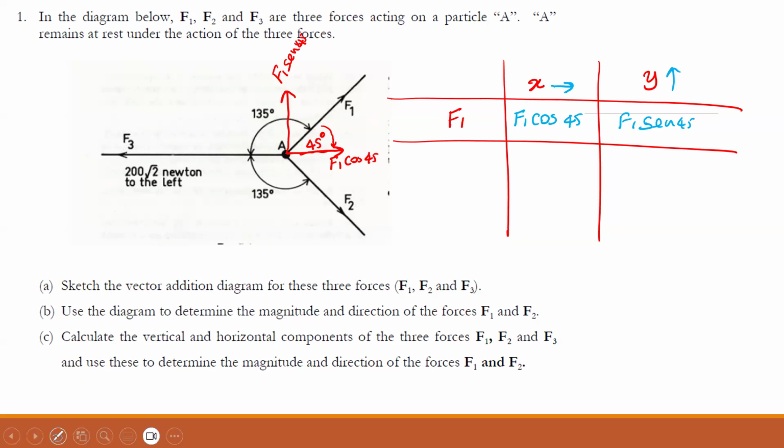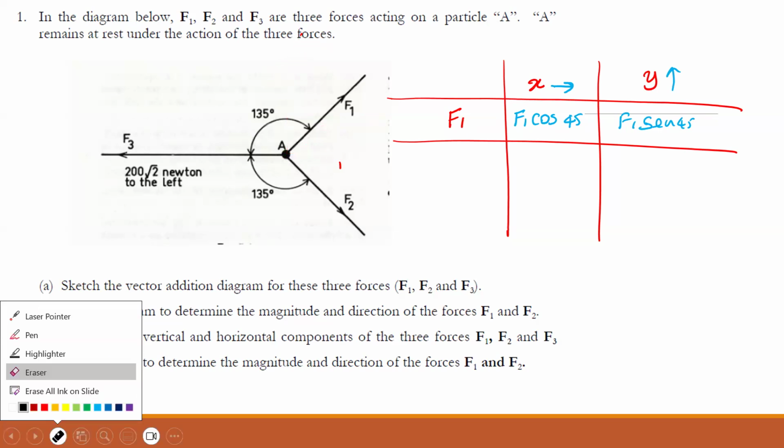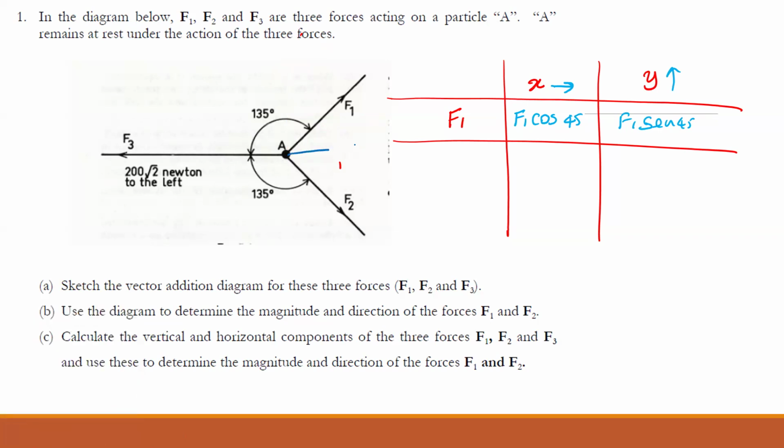So then we'll do, so we divided F1 into two components. Similarly, I'll let you do another question, okay? I'll explain the method here and I'll let you do another question by yourself, and I'll give you time. So now F2, if you consider F2, you can divide F2 again into two components like this,